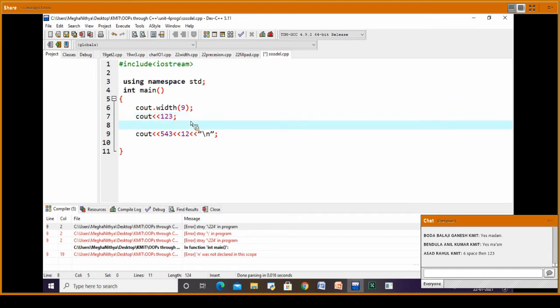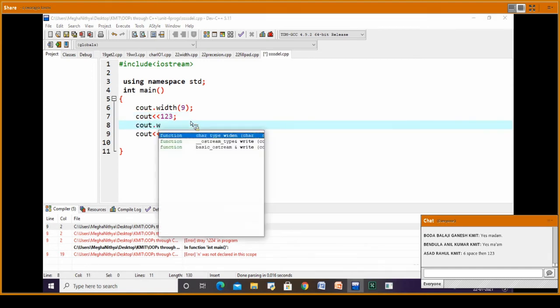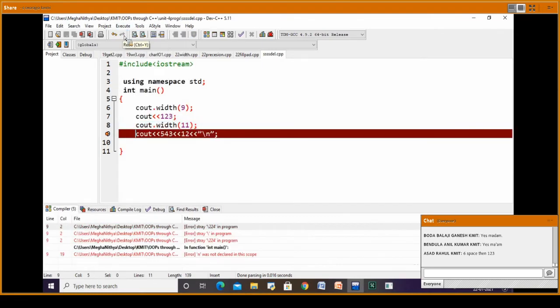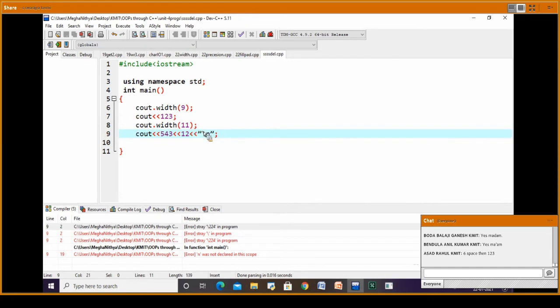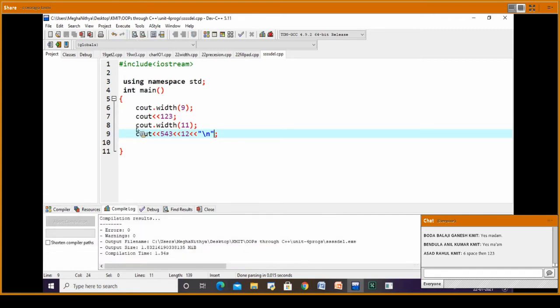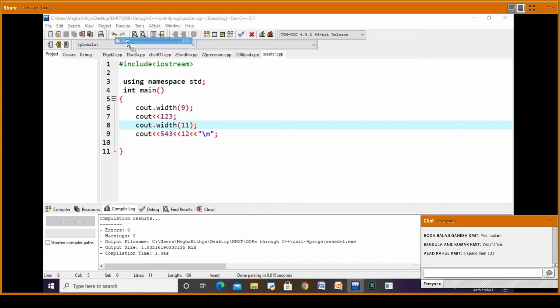Once again, if you want to use width, you need to specify cout.width again. I'm using 11 with quotations. Compile and run.